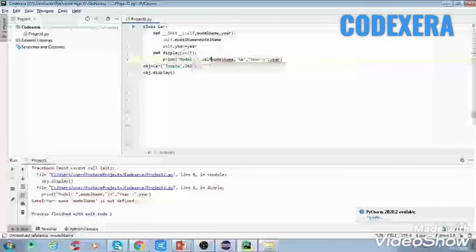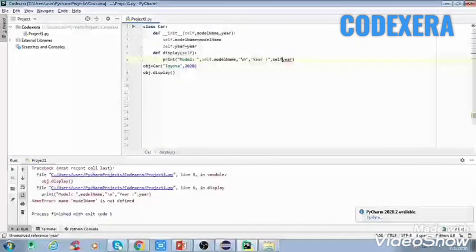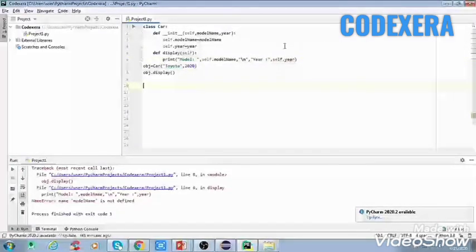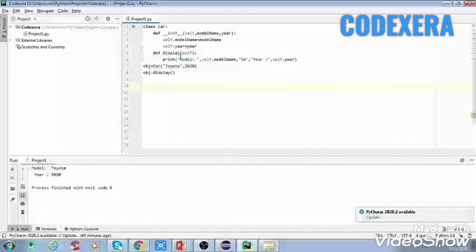That's why we have to use self with it, so that it is able to recognize that this is the attribute which we have initialized here. So this was all about classes and objects in the OOPs concept.